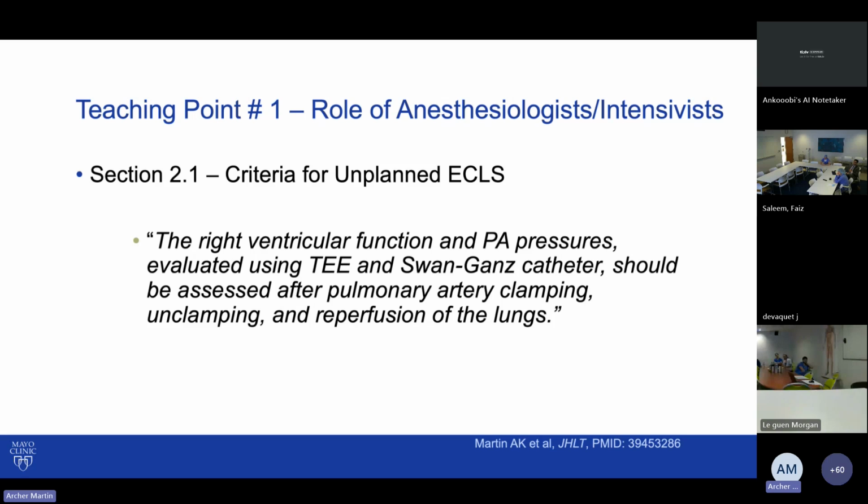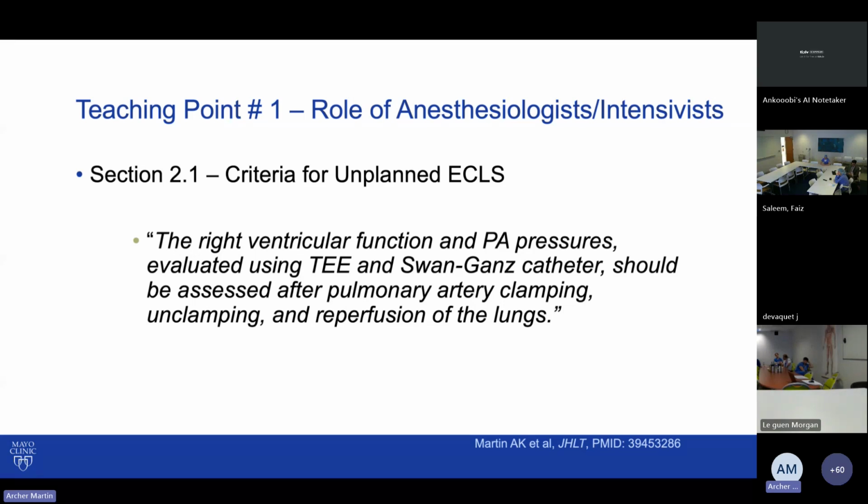This means that we need to be facile in their placement, in their interpretation, and looking at them in time epochs related to the surgery. We need to make sure that we're paying attention to the field. And I know that these things sound very simple and very straightforward, but we're really using the consensus statement to